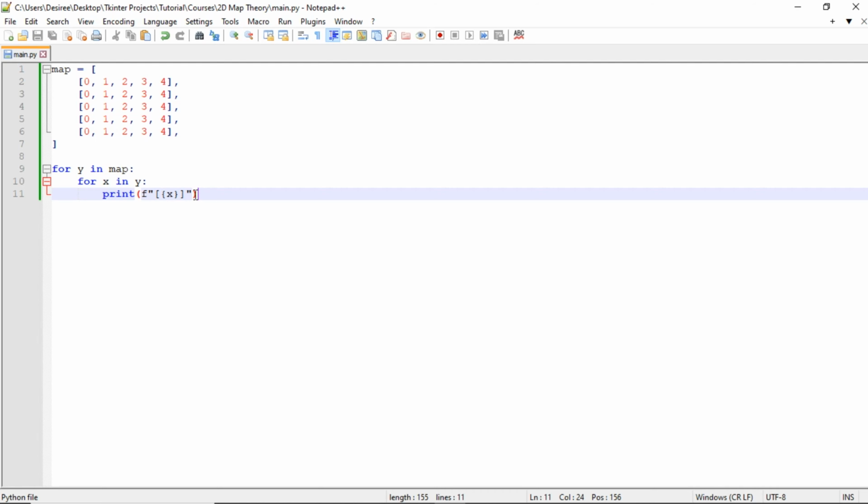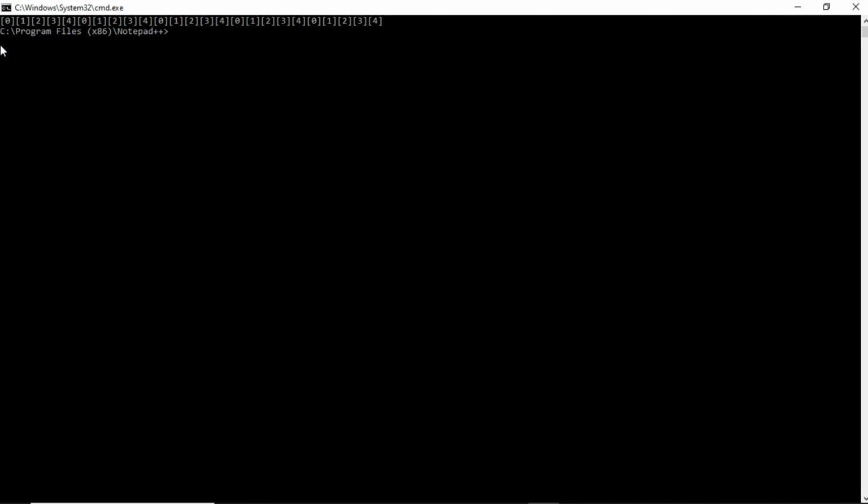By default, the print function automatically moves to the next vertical row when printing, but we want the X's in the same Y to be printed on the same row. The first step to achieving this is to use the end keyword argument. So at the end of our print statement here, we'll just do comma, end, equal to quotes with no space in between them. So if you quickly run the code, you'll see that this causes all the x's to be printed on the